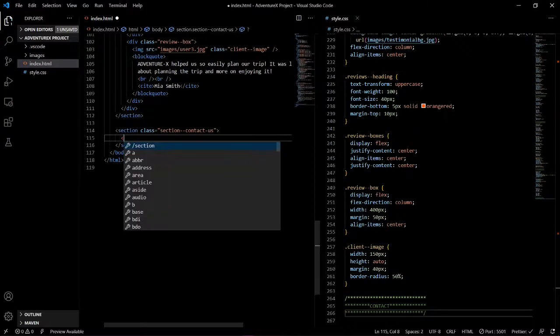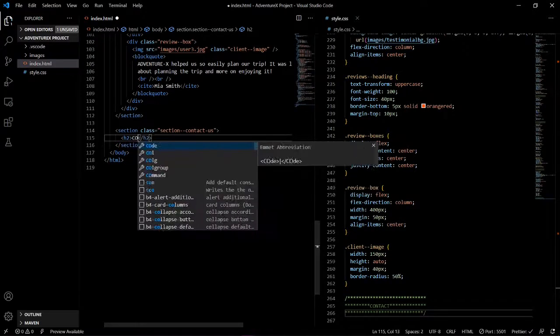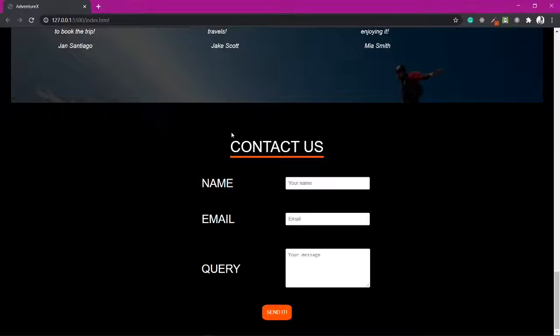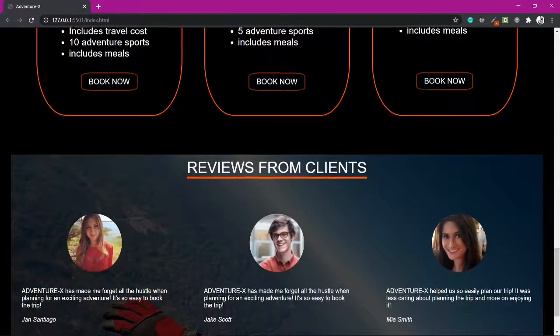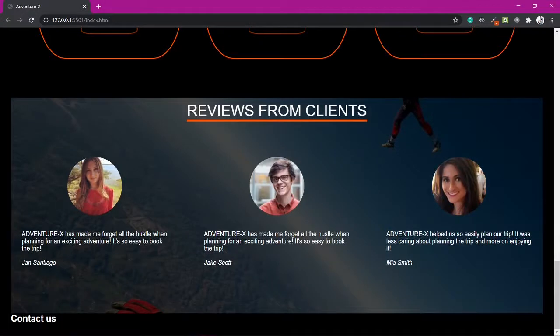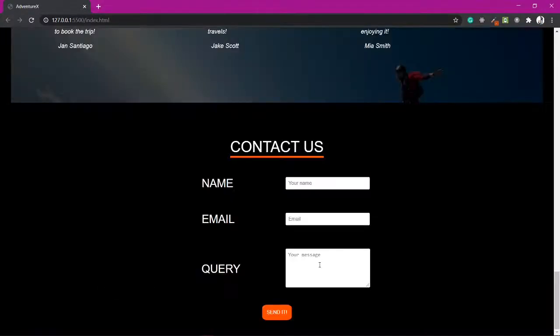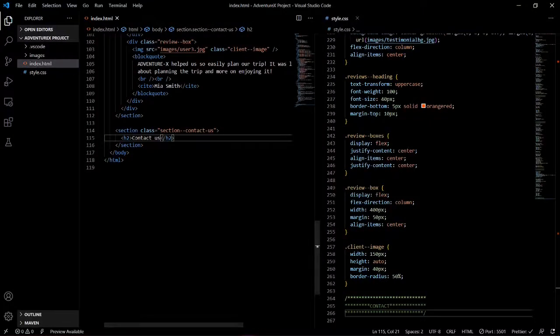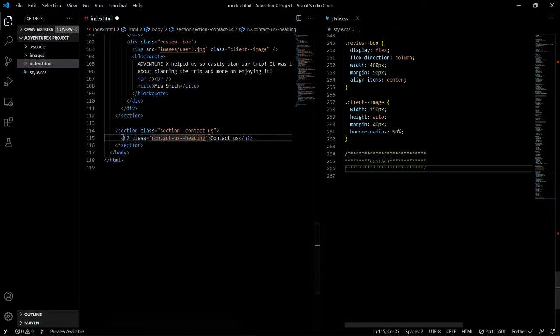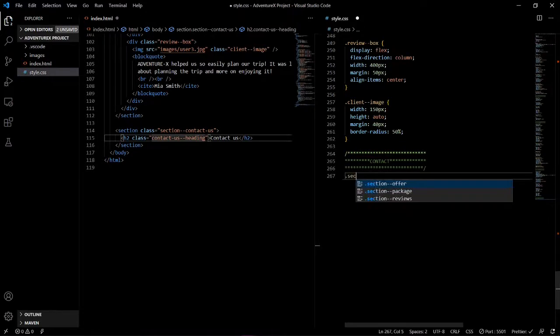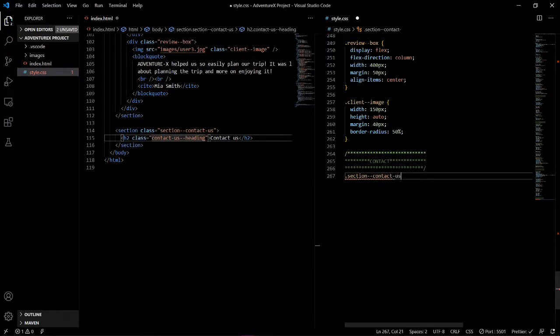and the first thing we're gonna add is of course the heading contact us. Let's see how it looks. This is the one we're working on. Okay, so let's style the heading now. So to style the heading and the section as well, let me give it a class first of contact us heading, and section contact us